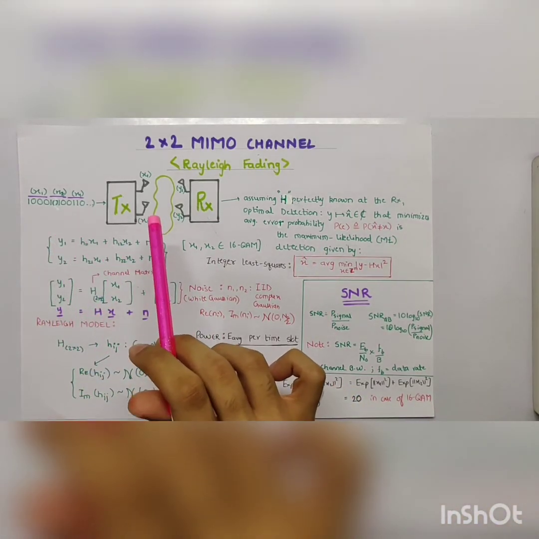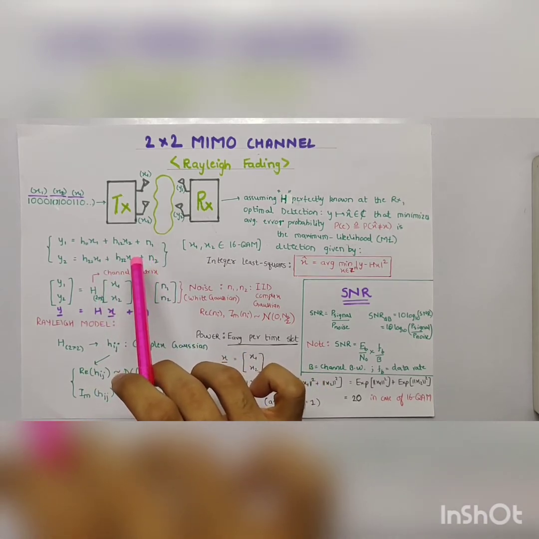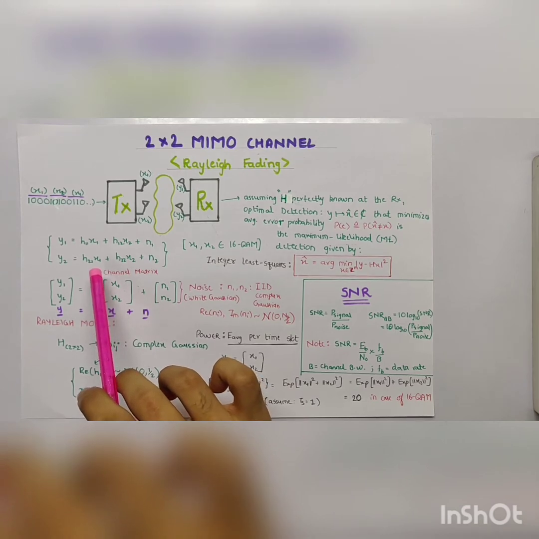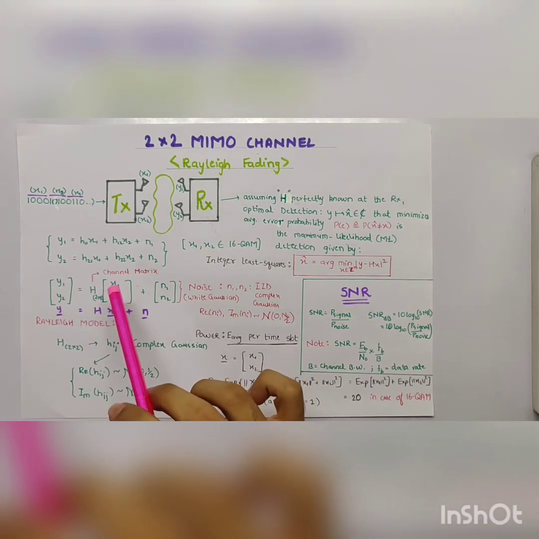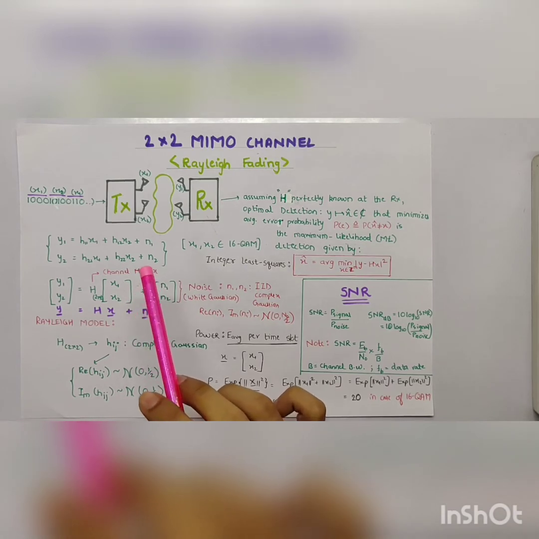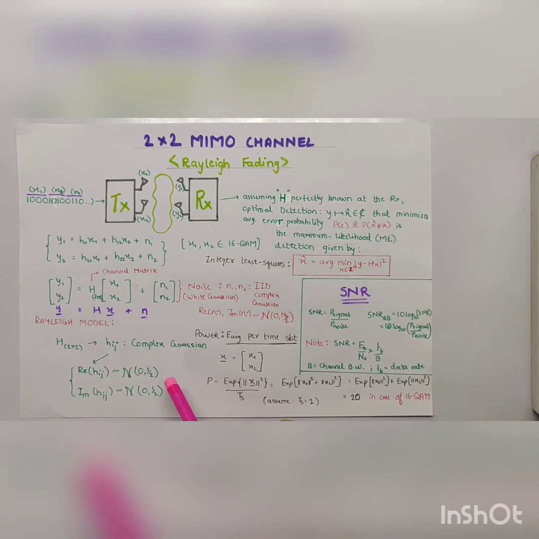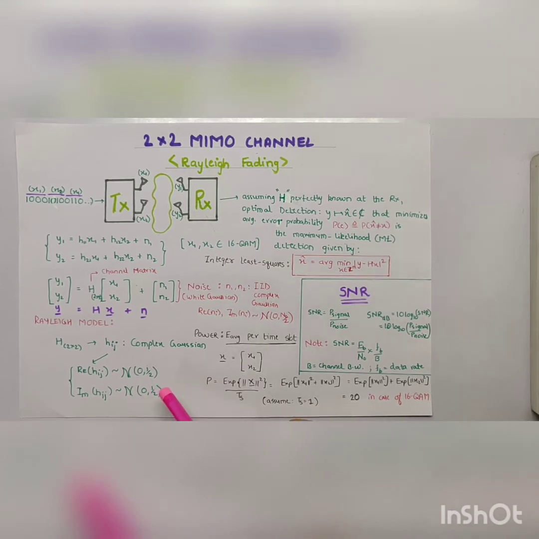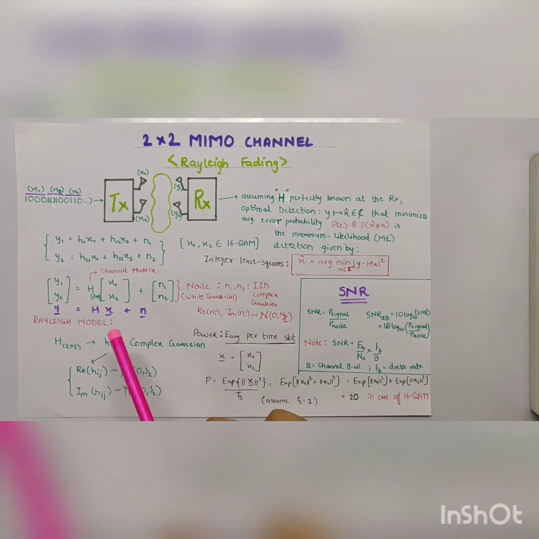The received signals Y1 and Y2 will be linear combinations of X1 and X2 with corresponding channel gains listed in the channel matrix H, with added noise components. This is called Rayleigh fading because the elements of matrix H, depicted as Hij, are complex Gaussian, meaning real and imaginary parts are Gaussian variables with zero mean and constant variance, which we have chosen as half in our simulation. Please note the channel matrix H will be fixed for a project and does not change with time.